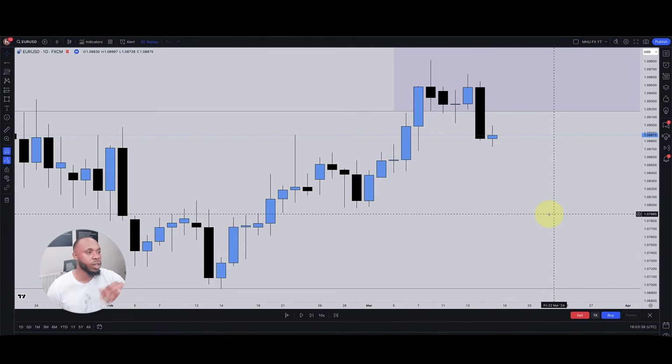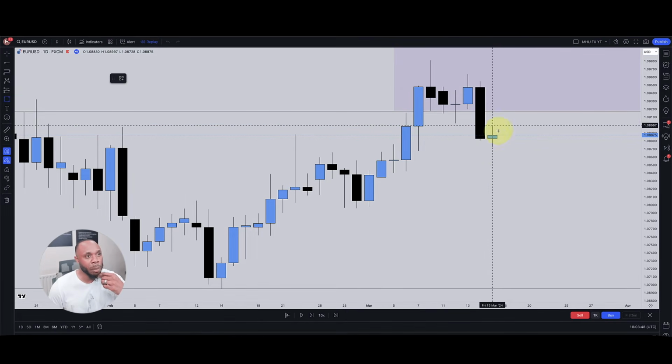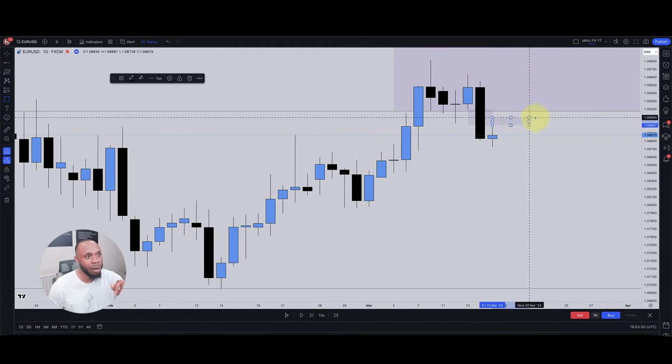So I've just taken a little bit off the screen. Your boy was talking too much. I didn't even take off the screen. But anyway, guys, so when price expands beneath this low here, it leaves an inefficiency here, guys. So what I'm going to go ahead and do then is mark up that area of inefficiency. I'm going to shade it in a different color so we can see it.